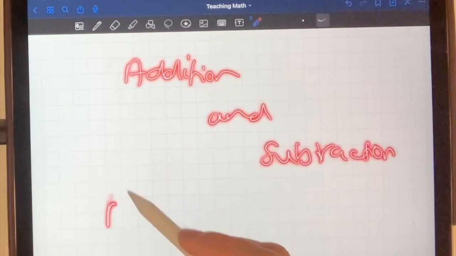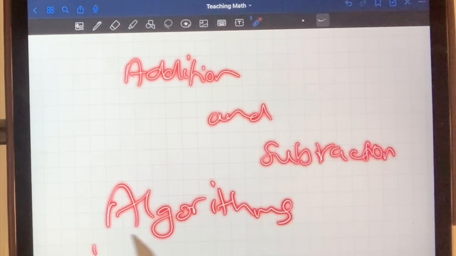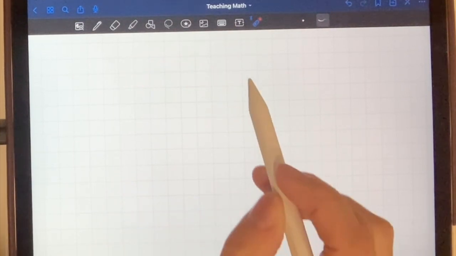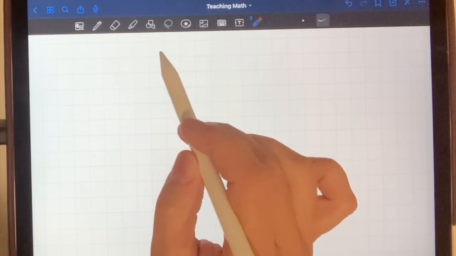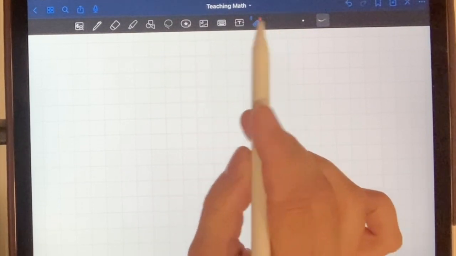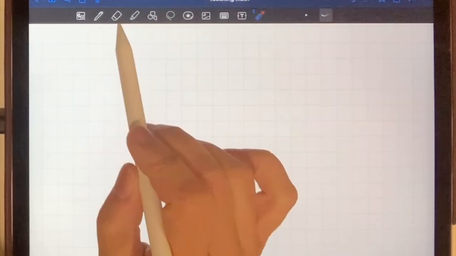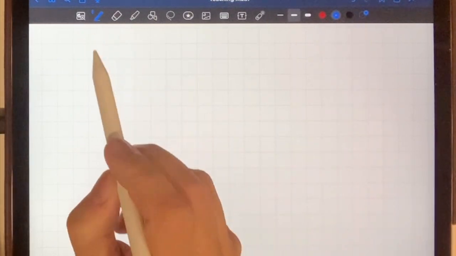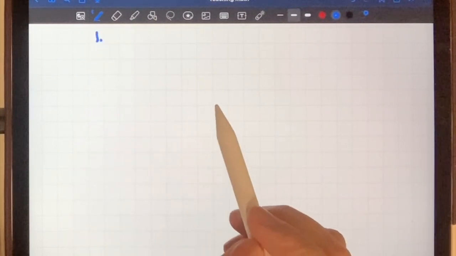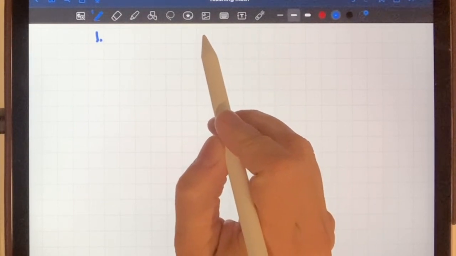Subtraction algorithms. So these are the ones where we're adding numbers in columns, and we often have some carrying and borrowing to do. So let's get started. I'm going to get started with problem number 1, and we are being asked to add